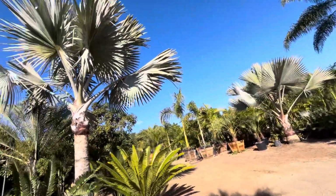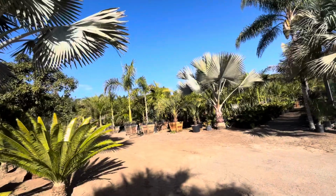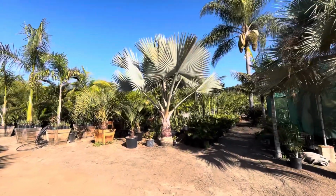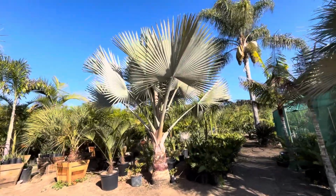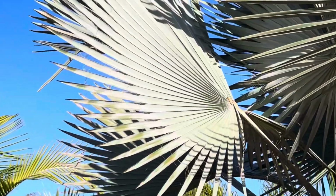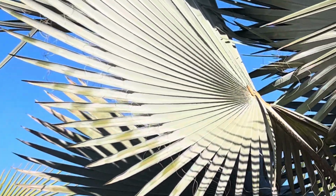Keep it away from the coast there. And then here's what they look like when they're a little bit younger. And the frond size is absolutely huge. I mean, look at how it's arranged. Look at the geometry of that. Isn't that just